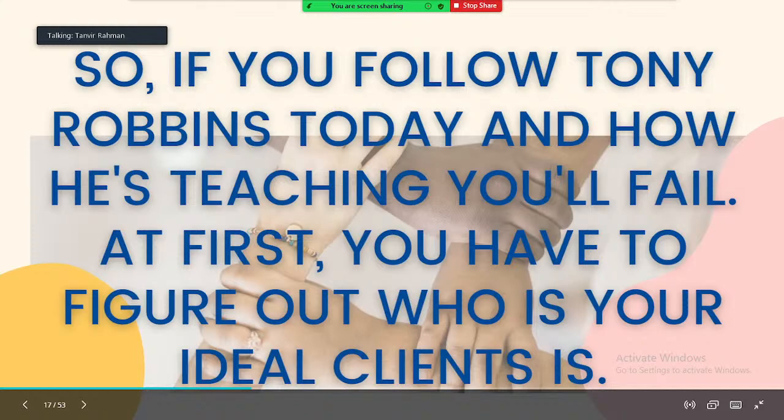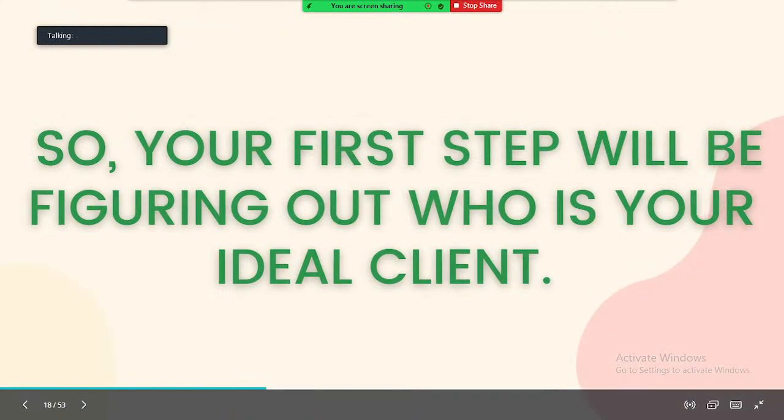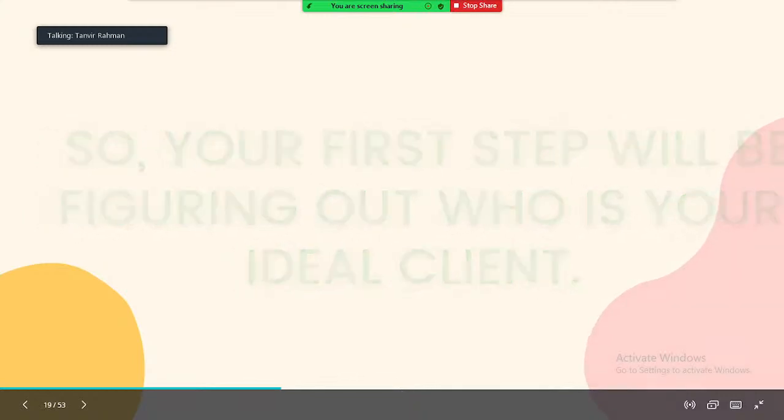At first, you have to figure out who your ideal client is, because if you look at Tony Robbins, he is also finding who his ideal client is to work with one on one, right? And at first, you cannot work one to many, or with a group of even 100 people or more, right? We have to do small events with 10 to 20 people or some more, but most of your focus needs to be on who is my ideal client and who I want to work with. So your first step will be figuring out who your dream client is, all right?